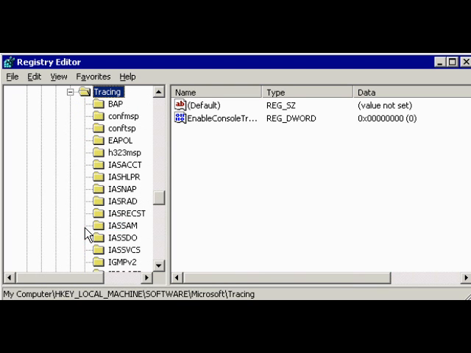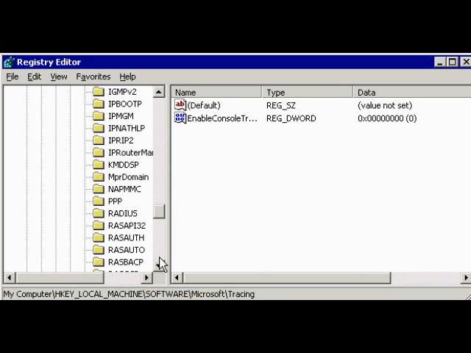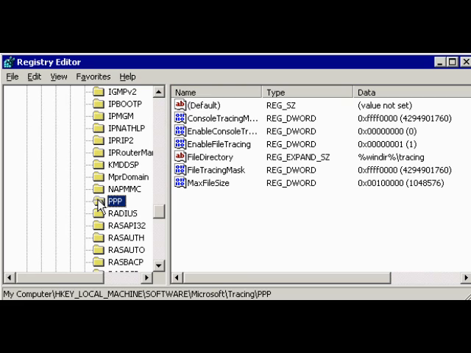The tracing key has one key underneath it for a lot of different services inside routing and remote access. And unfortunately, a lot of these aren't extremely useful as far as their names are concerned. But there is one that is very good to take a look at, and that is PPP, the point-to-point protocol. If you come into the point-to-point protocol and you enable file tracing here by turning on 1, this will log all of the different PPP information into your Windows directory tracing so that you can see what's happening with the